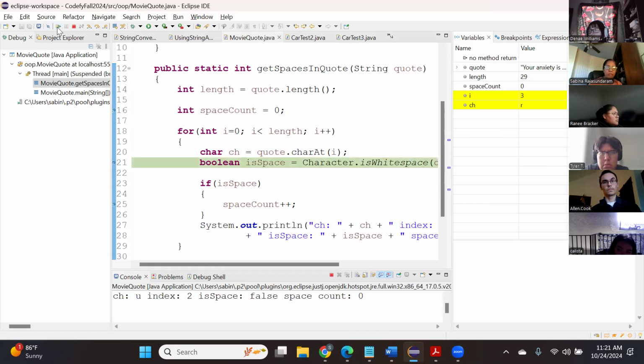we still haven't encountered a space, so it's not going to this breakpoint till we encounter a space. So it's just going to the next iteration of the loop. So I was 0, 1, 2, 3. We are at R, right? Your anxiety is lying to you. We're at R, right? So if you keep hitting resume,